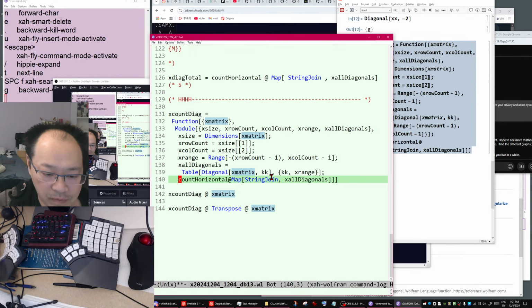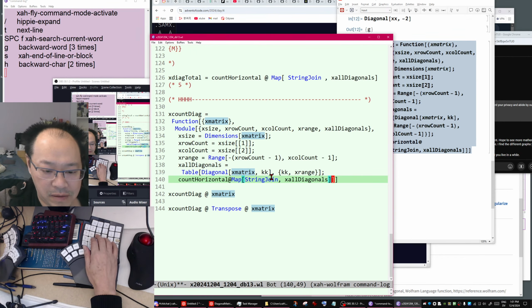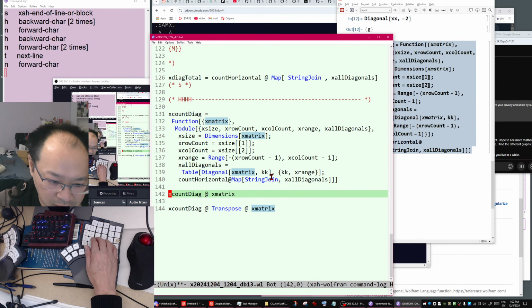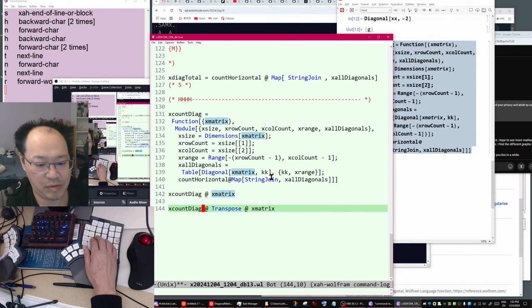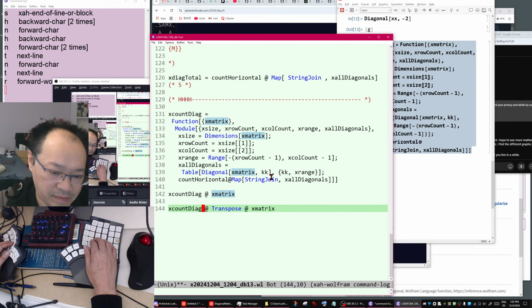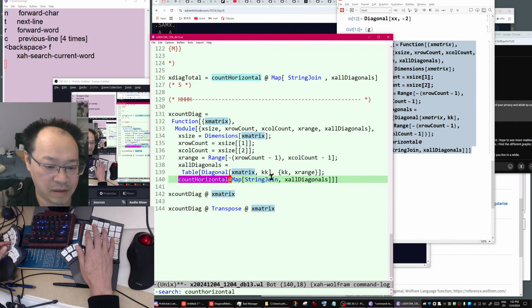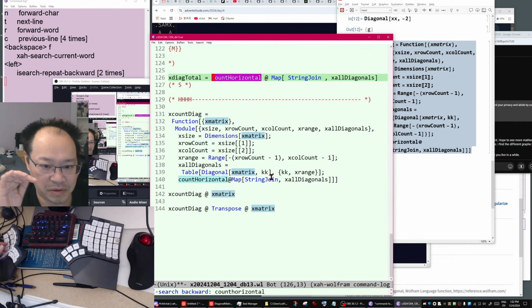Does that make sense? Yeah. So if you count diagonals with the matrix, you see this count horizontal counts both directions.